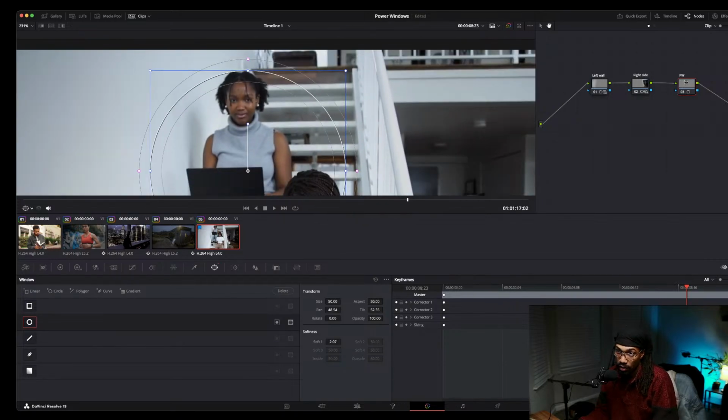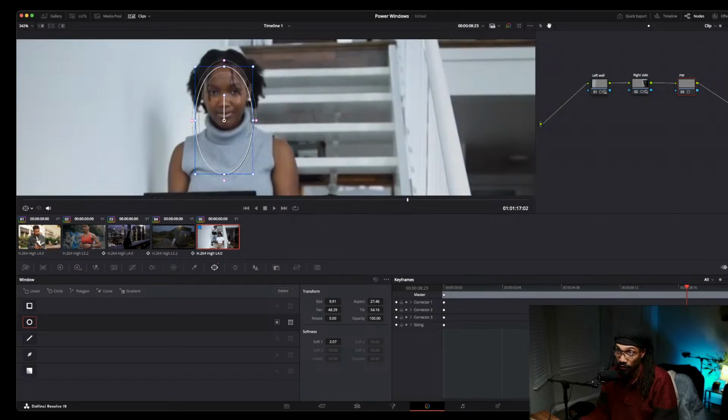That's the other cool thing. With using different nodes, you can have multiple power windows in one scene. You don't have to get stuck with just one thing. You don't have to try to affect everything in one node. You can like, oh yeah, let me get this person and get that person. So I use power windows a lot when I color grade for projects. It's just very helpful. It's definitely probably the tool I use literally the most when I'm color grading for